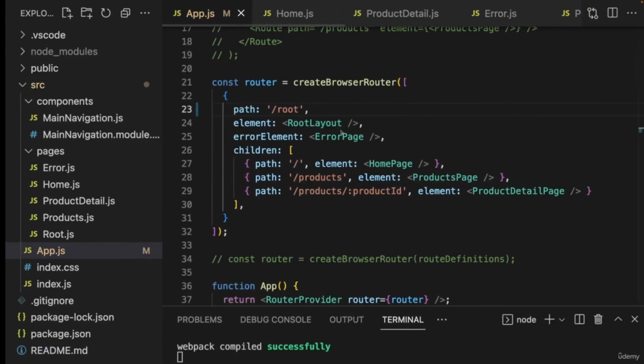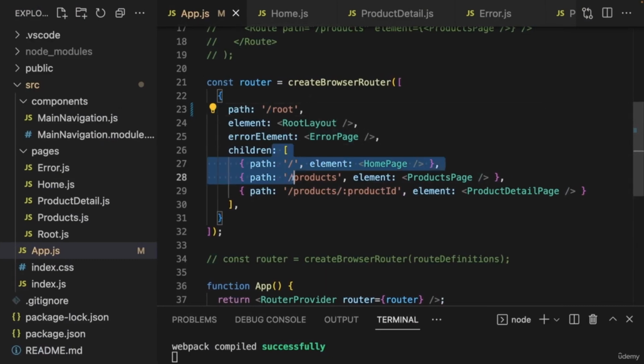So the problem I'm having here is that, as mentioned, we have absolute paths here because they're starting with a slash. That's how you can tell that these are absolute paths. If a path starts with a slash, it is an absolute path. And we now have clashing route definitions. We're saying that the parent route here should handle all pages that start with /root, but then the child pages actually don't start with /root. Now, of course, here it doesn't make sense to start with /root,